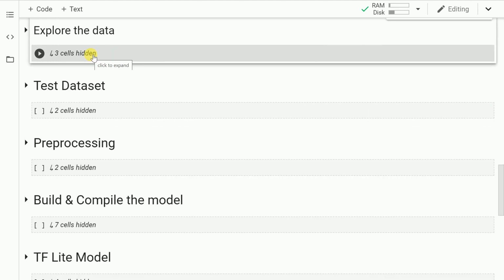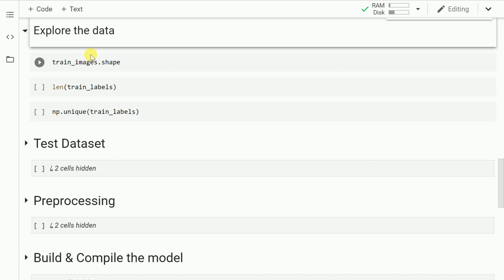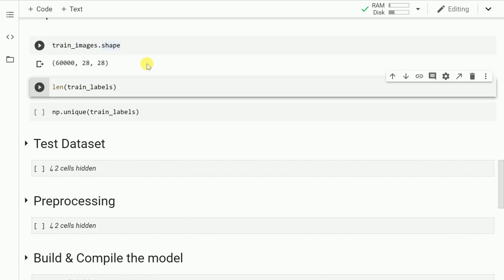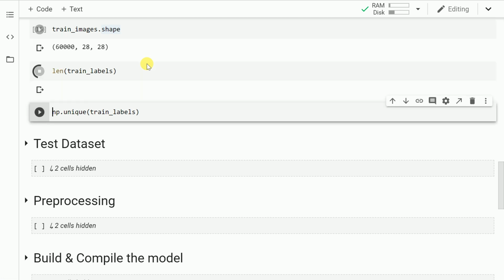Let's go forward and explore the training dataset. So let me run the first cell to see the overall shape of the training dataset. As you can clearly see, there are 60,000 images in my training dataset. Every image is of the size 28 x 28. If I try to find out the total length of the train_labels, then this would also amount to 60,000.